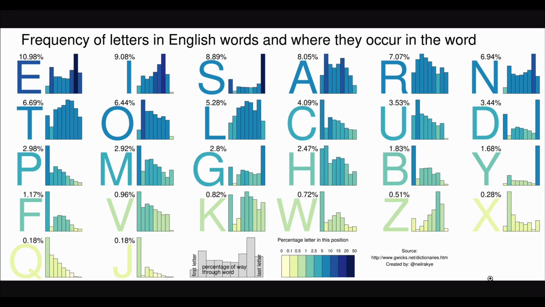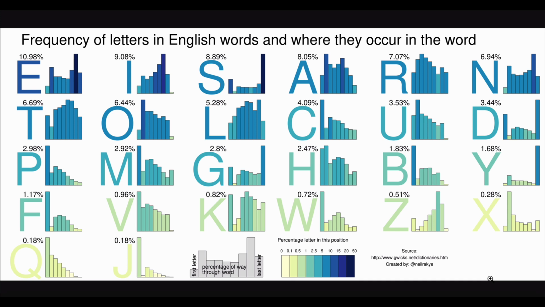Next. So what this visualization shows is the frequency of letters in English words and where they occur. So let's start with the frequency of letters. Top left-hand corner, you can see E is the most popular letter in the English language, followed by I, S, A, R, all the way down to Q and J right at the bottom, that only occur 0.18% of the